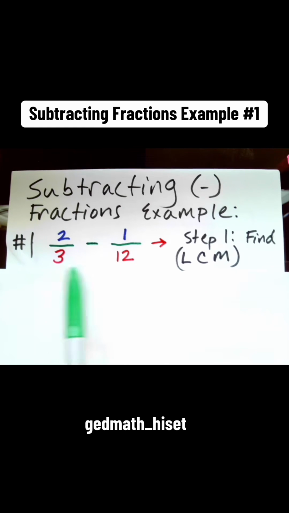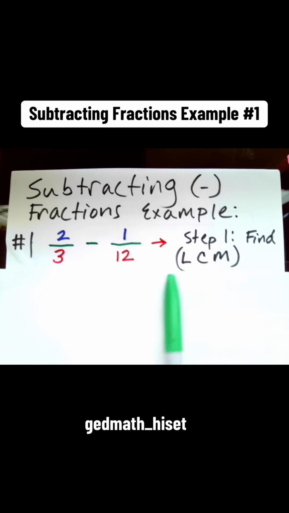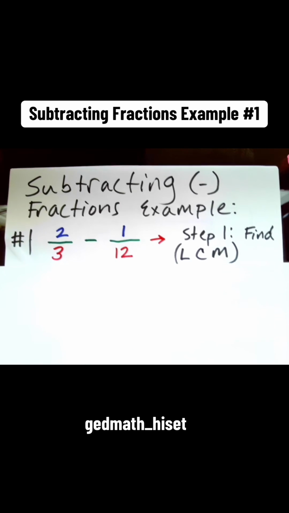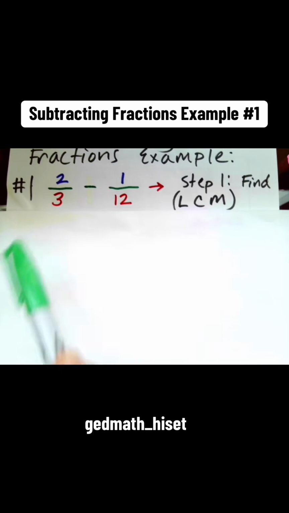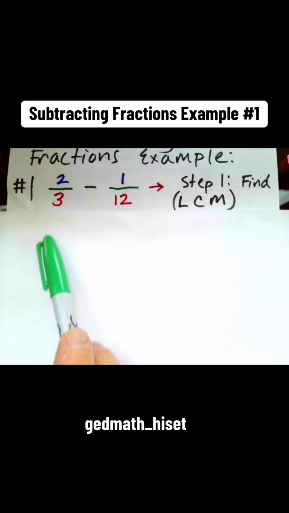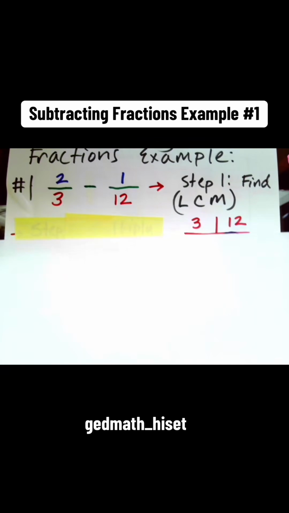And so here we got a 3 and a 12. First step, let's find that least common multiple. Let's find that number that we can multiply into both the 12 and 3 that would give us a common denominator. So I don't know what the common denominator here is for this particular problem. So I'm going to set up a t-chart with both 3 and 12. I'm going to multiply 1 through 10 or 1 through 20 with each of these